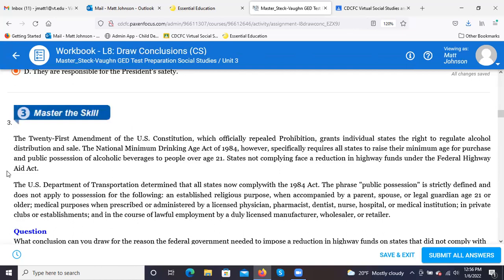Let's see, number 3. Tracy, you want to read the first paragraph for us? Okay, go ahead, Etta. Okay, I'll read the next paragraph. Yeah, no. You go first. Oh, okay. So the 21st Amendment of the U.S. Constitution, which officially repealed prohibition,